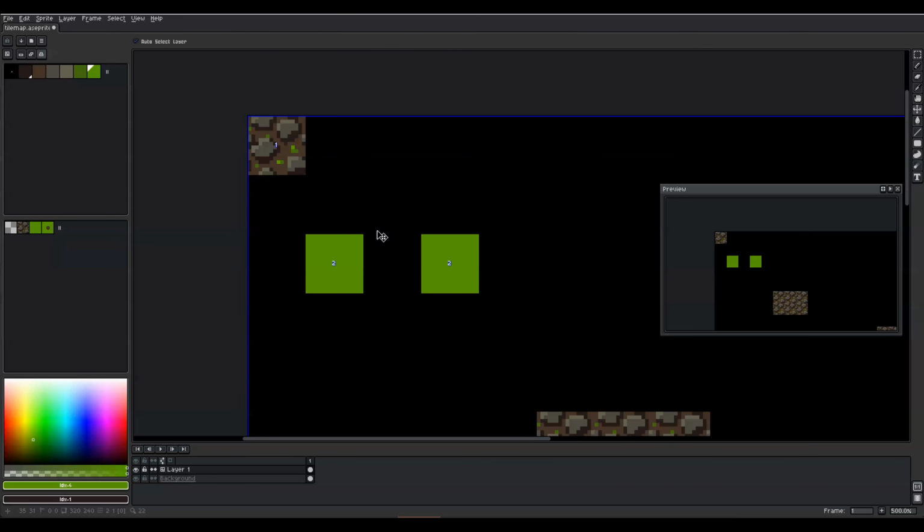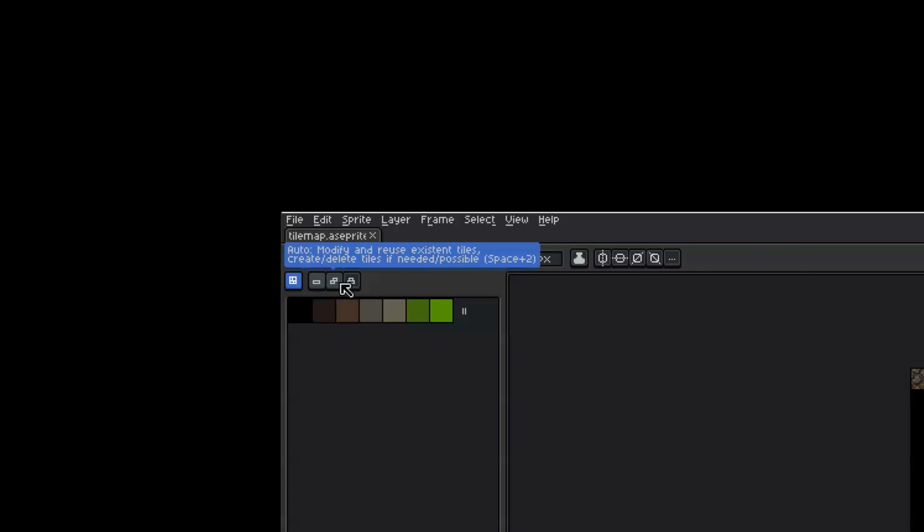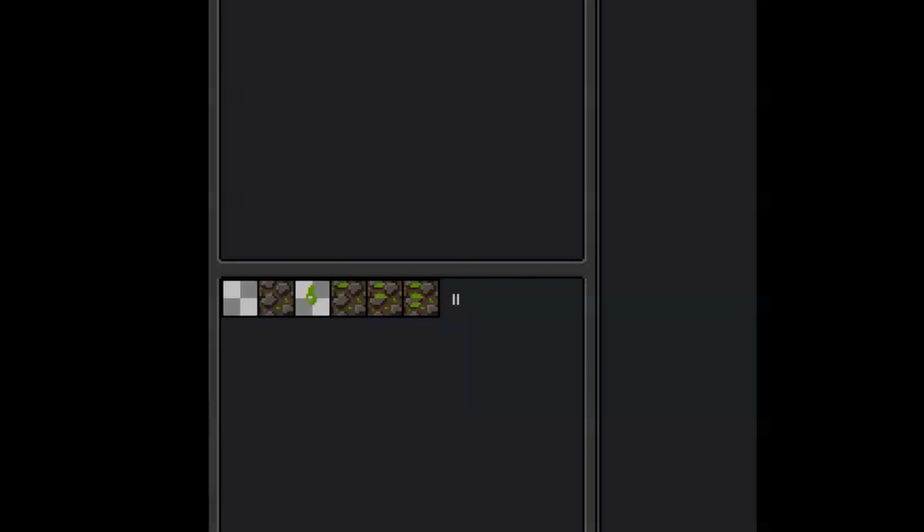So stack mode does not create any duplicates in your tile palette. In fact, none of the three modes ever create any duplicate tiles in your tile palette, so you will always have a list of unique tiles there. Now that we know the different tile editing modes, we can start using them to create different variations of our